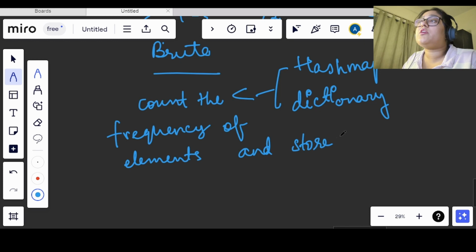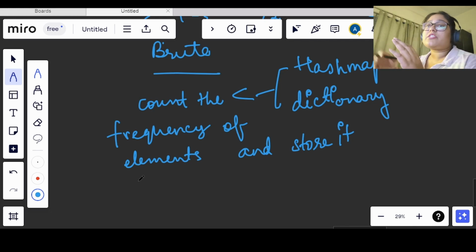After that, we can simply iterate on the keys and get the value which is greater than n by 2, right?